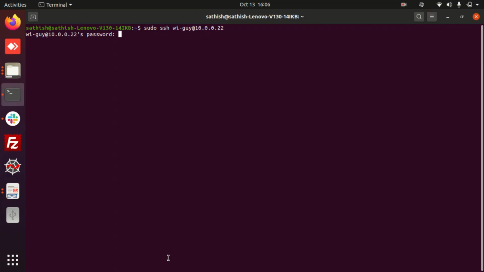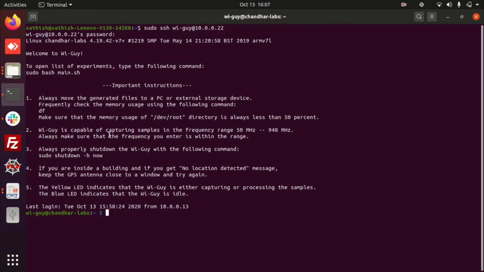How you are going to access the Wi-Fi through your computer or laptop. So I open the Linux terminal in my laptop, my command window. In my Linux terminal command window, you type the command sudo ssh Wi-Fi at Wi-Fi IP address. This is the IP address of the Wi-Fi, not my computer, because I'm going to access the Wi-Fi from my computer or laptop. Once I enter this IP address, it is asking for the Wi-Fi password. So now I'm going to enter the Wi-Fi password. Okay, now it shows.